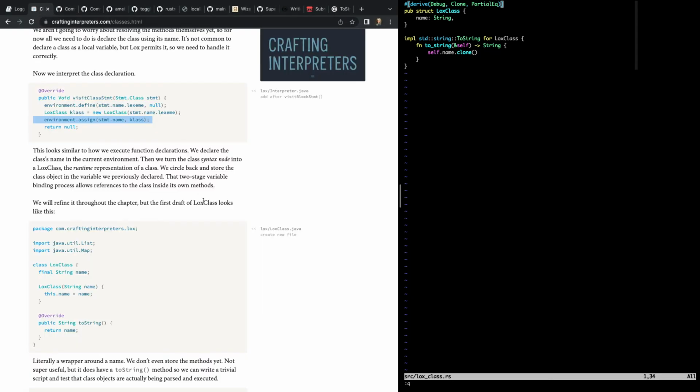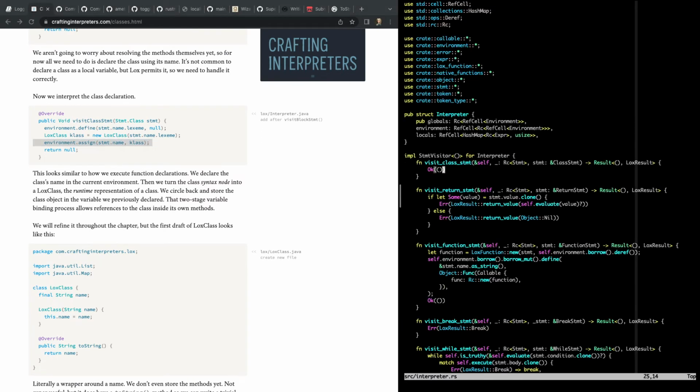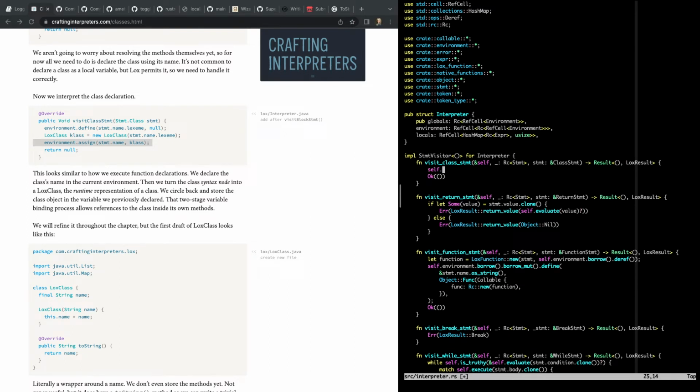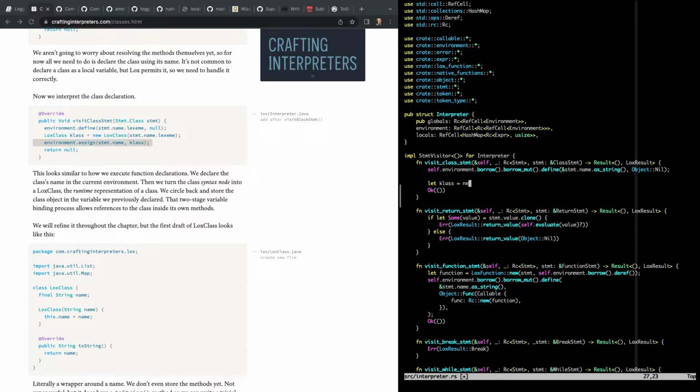Oops, that's the roguelike. Here we go. We were in the interpreter. And we were doing this. Okay, so we say self environment borrow. I'm following this line down here. Borrow mut. Define statement name as string. And null, which is object null. Then we say let class equals new, not new, locks class, object class,